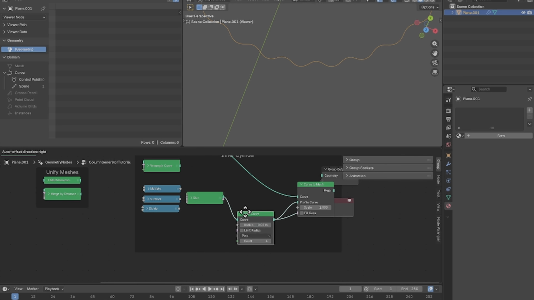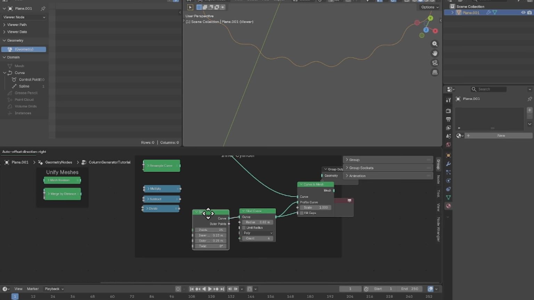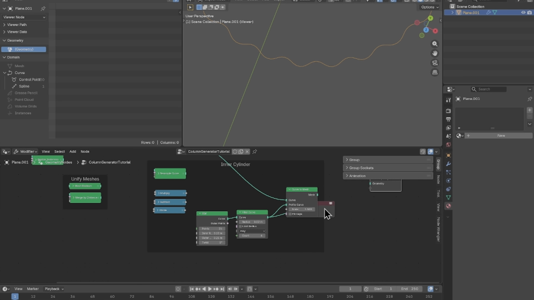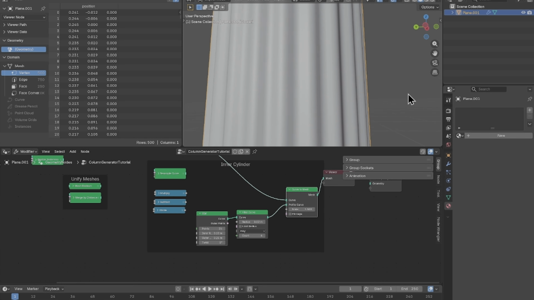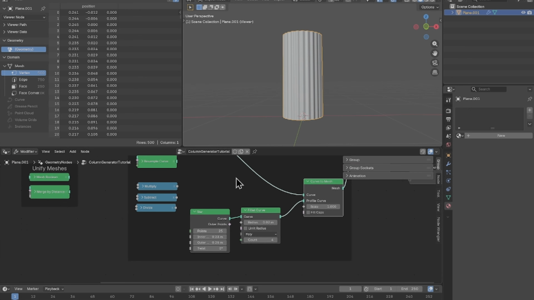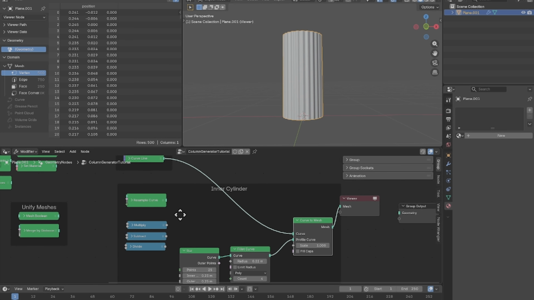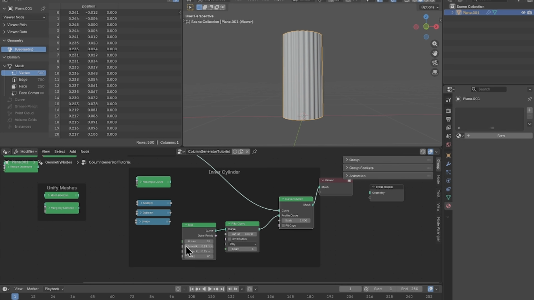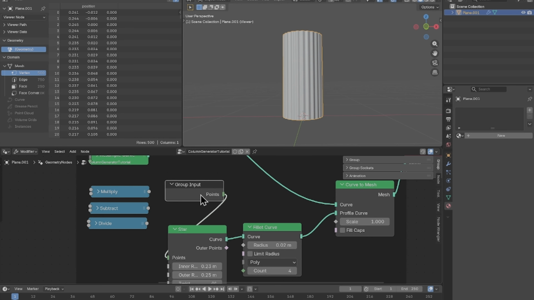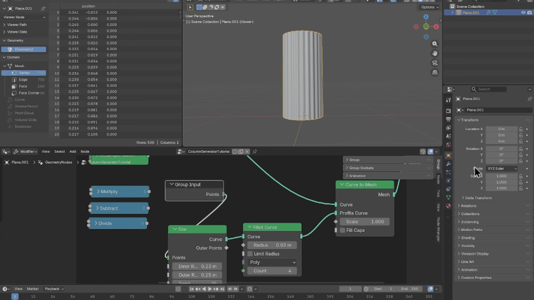So we've got this so far. I like the way that looks. Here's our cylinder, the main cylinder part for our column. And the amount of points, I want to tie that to the resolution of the cylinder. So what we'll do is a group input, and then that value right there